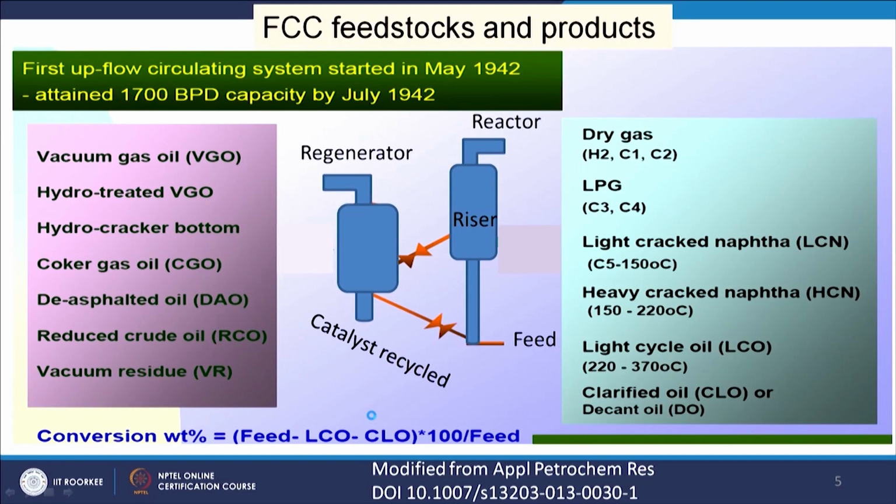Now, we will see the catalytic route, that is fluid catalytic cracking. So, the catalyst is used in a fluidized bed and the feed is passed through this reactor. This is the riser part of the reactor, and here the catalyst is coming as recycled. So, this catalyst and the feed react here, and then we get the product on that side, and this catalyst after use in the reactor comes to the regeneration part, and after regeneration it is again recycled. So, this is a closed circuit, where the catalyst and feed come in contact and give us the